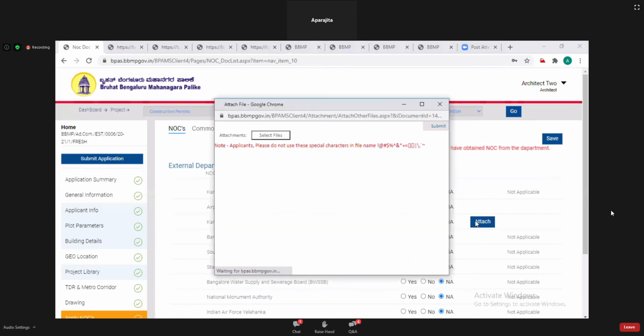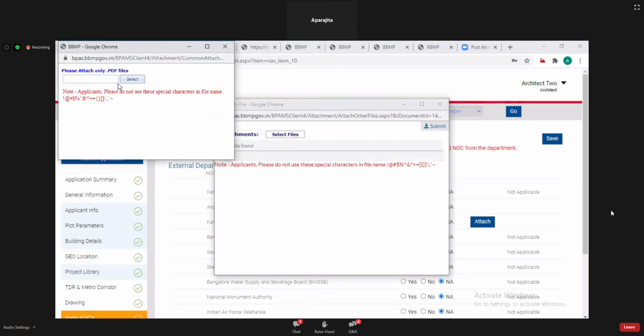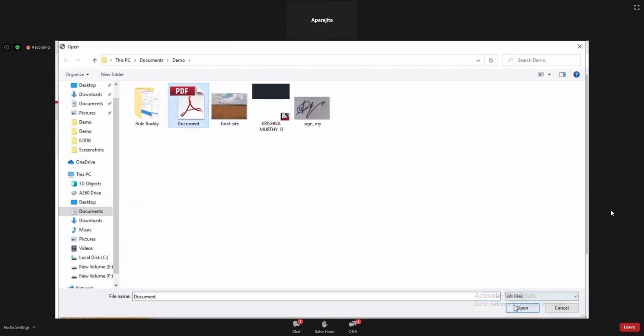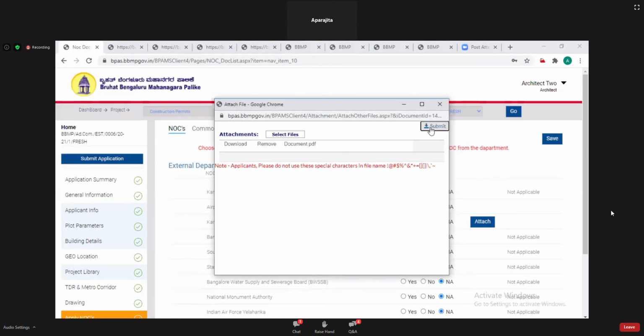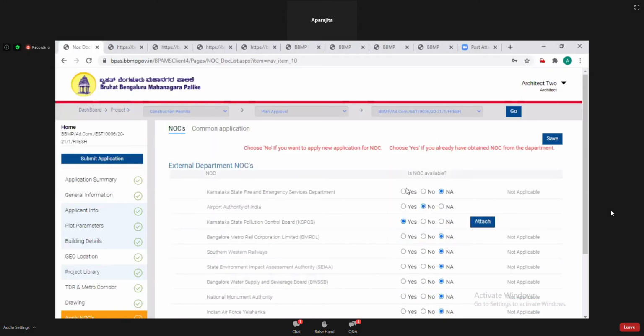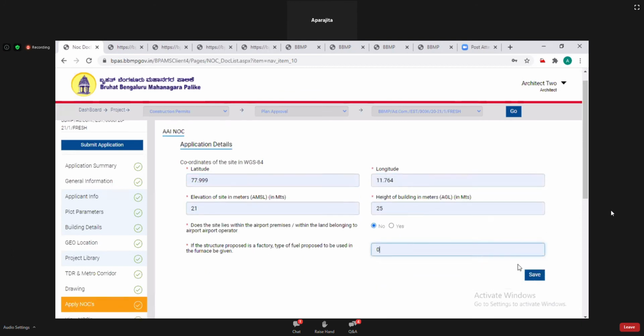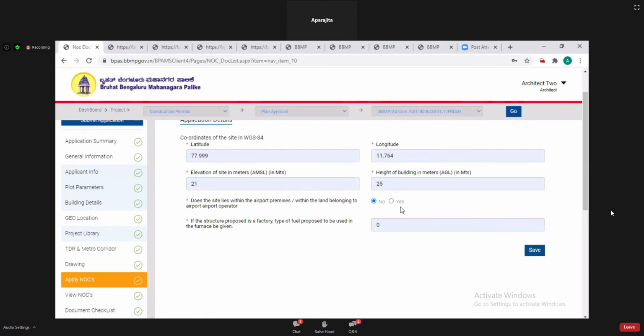So from here you can attach, if you already have any NOC document certificate, then submit. And if you have applied for any department, then you have to fill the common application. Then click on save.